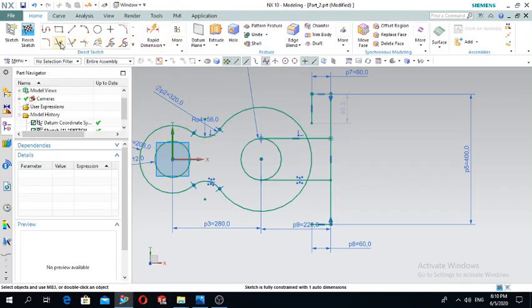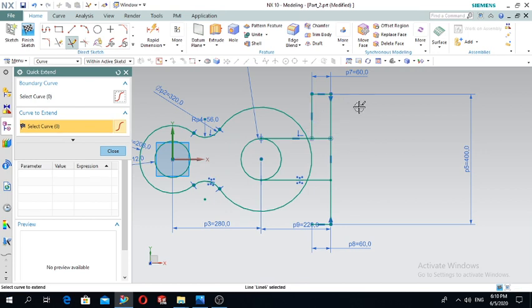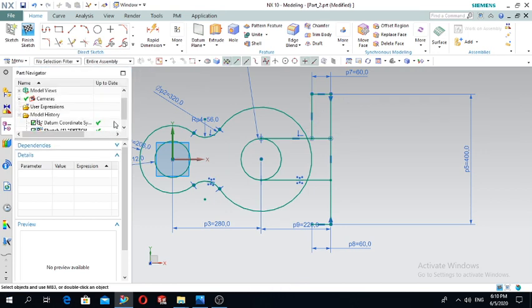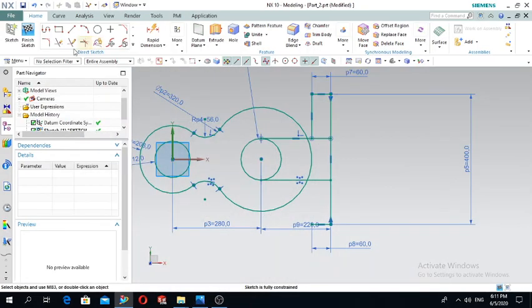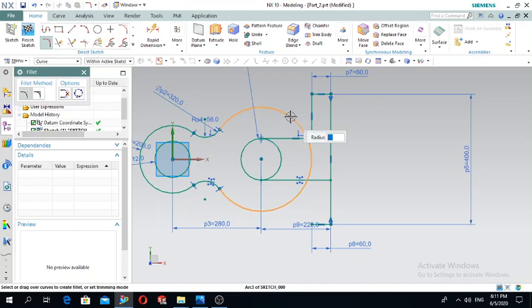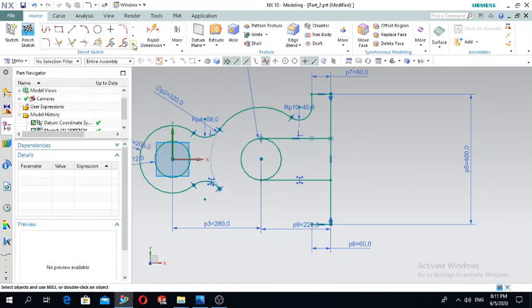and make quick extend this one and draw the arc here with the radius of 40. Fillet this one and this one, 40 millimeters. So then we can make the mirror